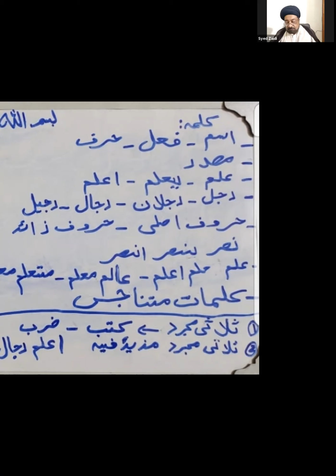That's very simple. Those letters which are repeated in every single word that you see on top of the screen: Allama, ya'lamu, i'lam, alim, muallim, muta'allim. When you put all of these words together, you'll find that there are only three letters that are common in all of these words, and the rest of the letters that you see are extra letters.